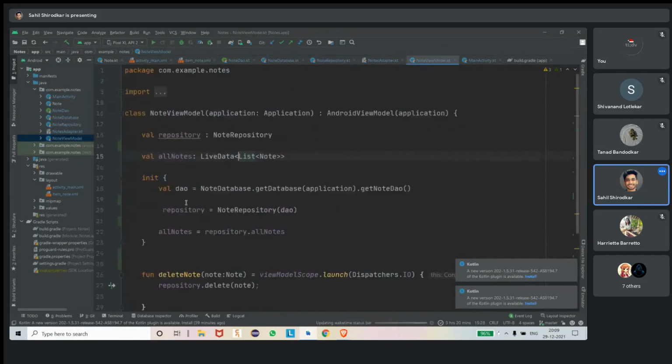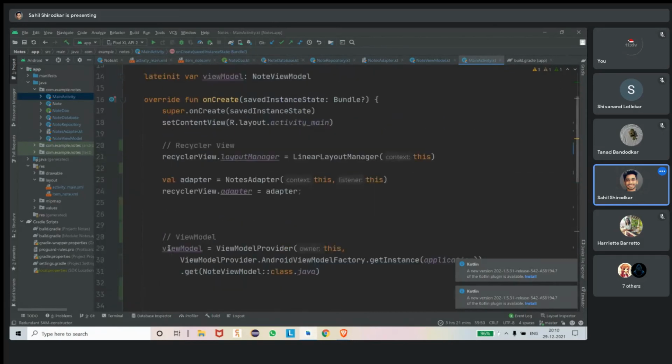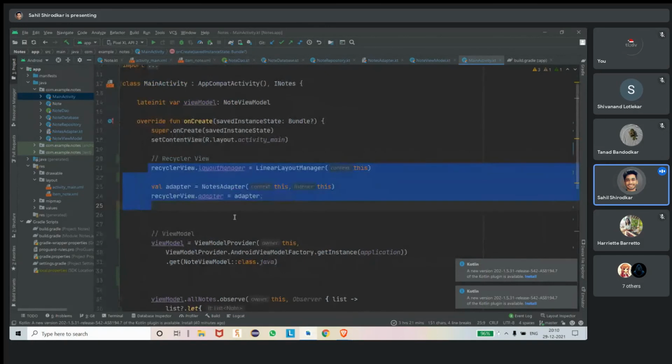Then the view model here, and inside view model we saw how live data, whenever something is changed, notifies the observer inside the main activity, and inside the main activity the observer will change it. Yep, that's all. I'll just show you by running this app now.